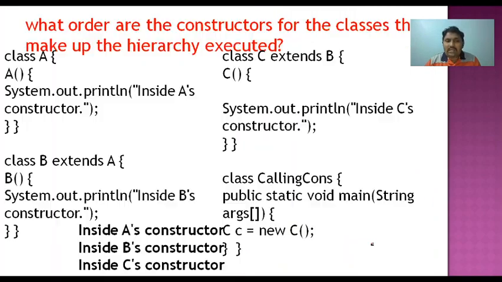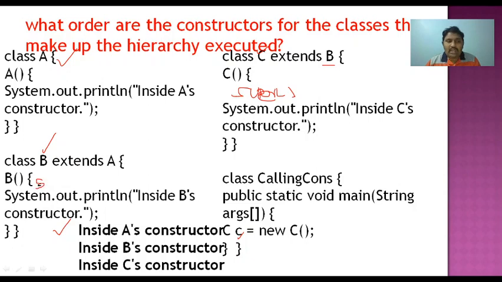So for that, let us see one example program. See here, I have a class A, and class B is extended from class A, and class B is again extended by class C. Now here in my main method, I have only created the object for the C class. But what is the output we got? The first output we got is inside A constructor. Why? Because while we are creating the C class object, the C constructor is going to be called. Again, in the C constructor, there is a statement called super of. It will call its parent class. What is the parent class for class C? B. So that's why the B constructor is called.